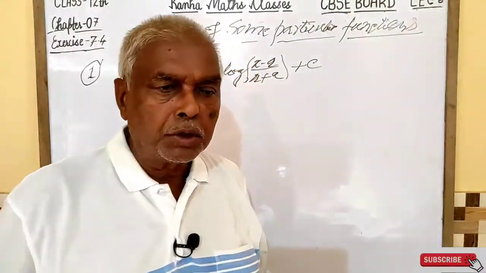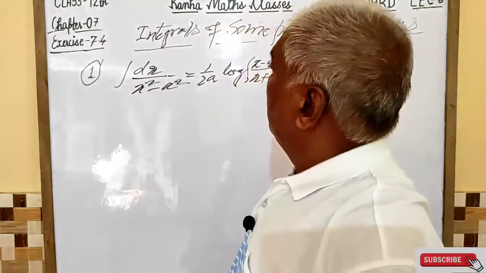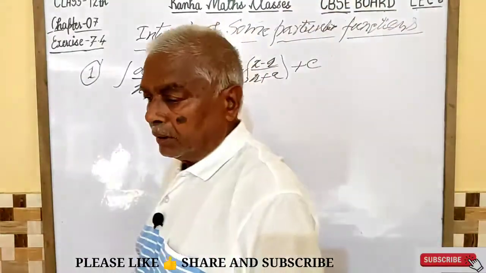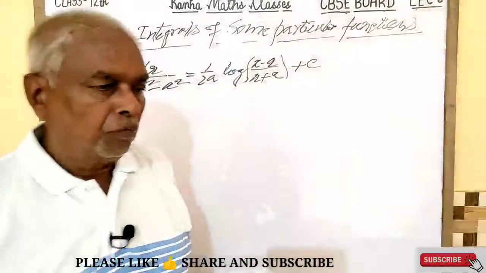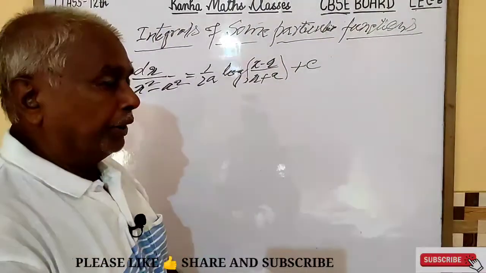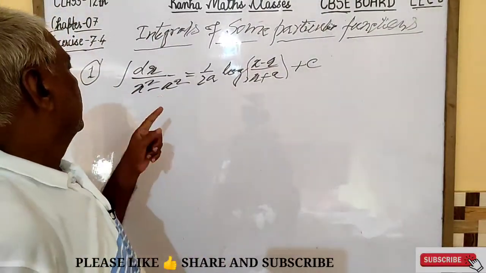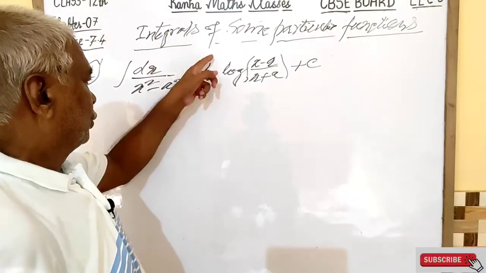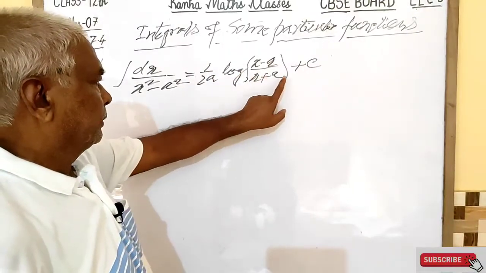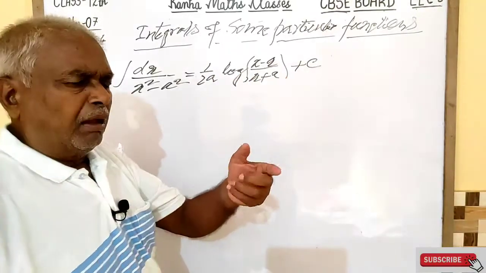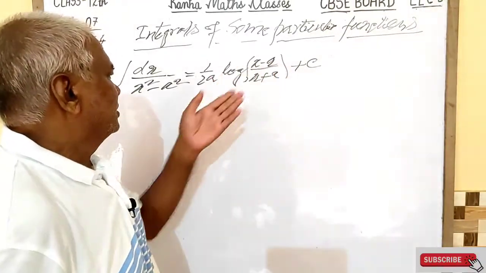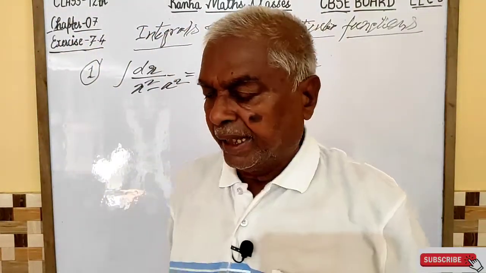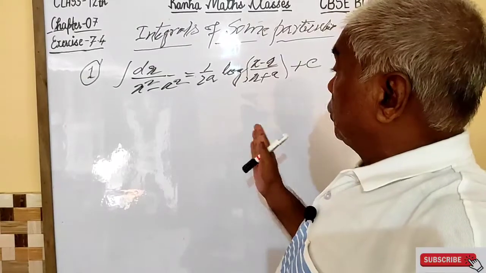Now I want to give you some integrals of some particular functions. In this regard, I want to state that some students often remember the particular integral of dx upon x square minus a square is equal to 1 upon 2a log x minus a upon x plus a plus c. They directly introduce this solution, but I am in favor of